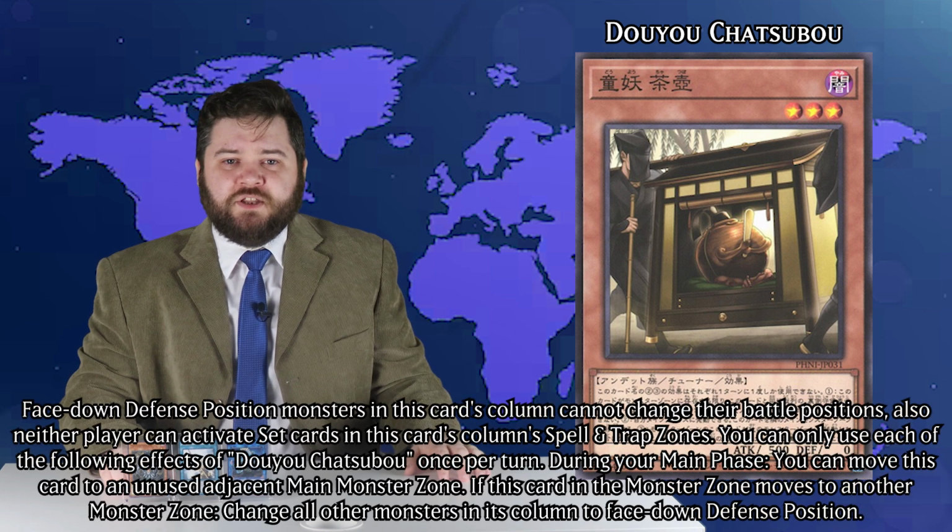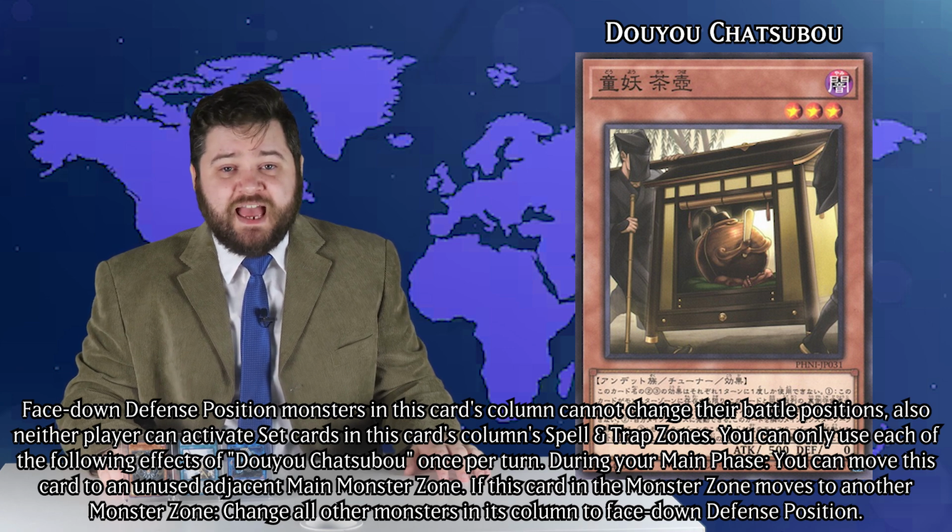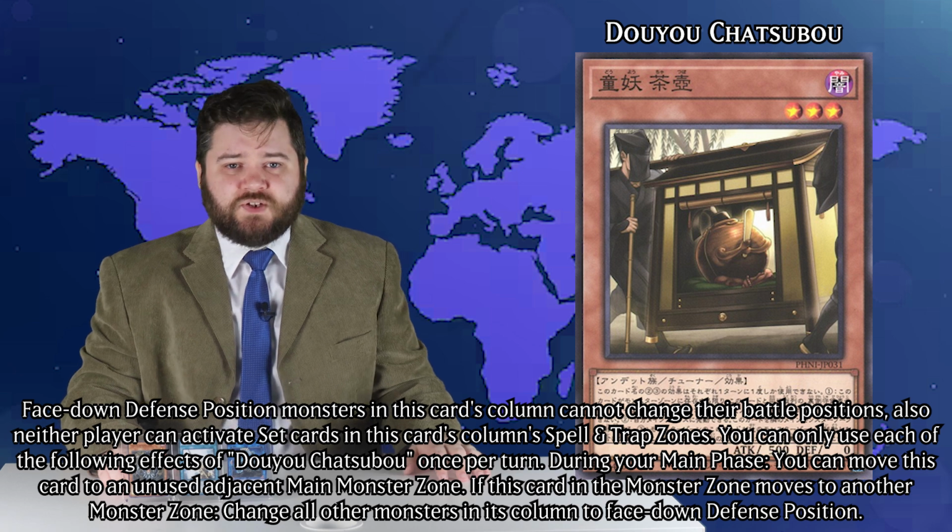This level 3 zombie tuner has a dark attribute, 500 attack and 0 defense, and has an effect while in the field to make it so face down defense position monsters in the same column as this card cannot change their battle positions, nor can set spell or traps be activated that are in the same column. It also has an